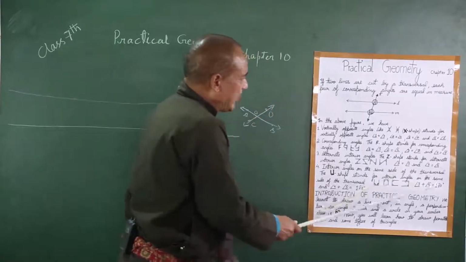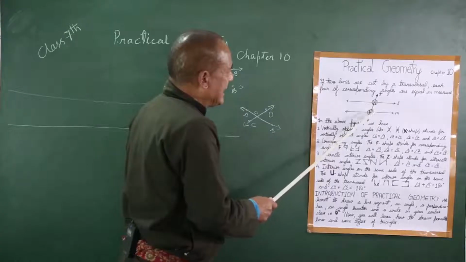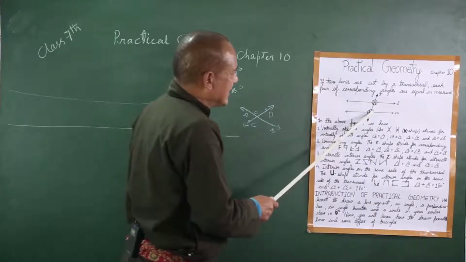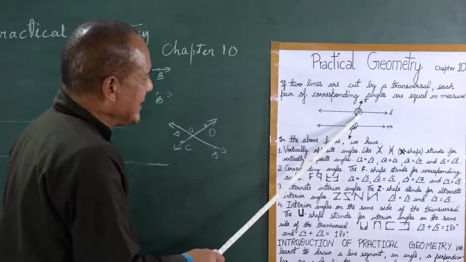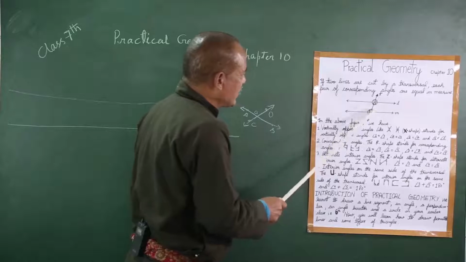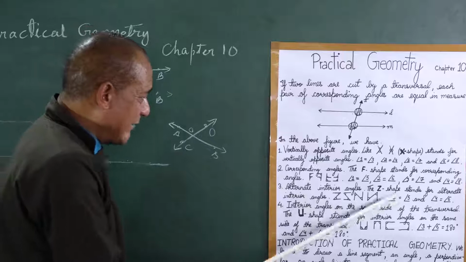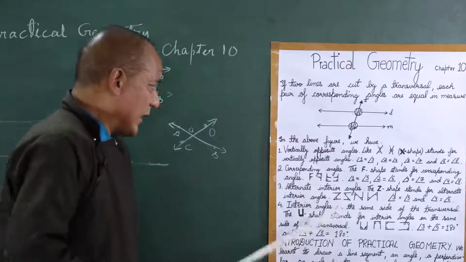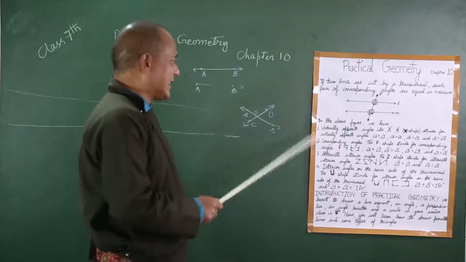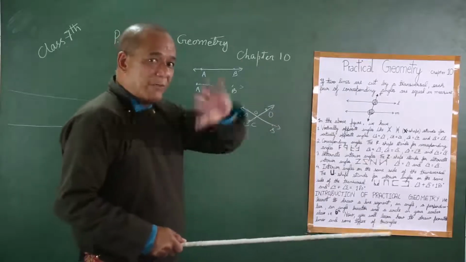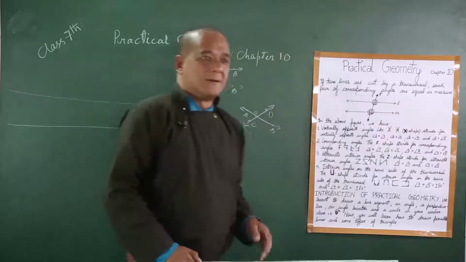Now when we are talking about angle 4 and angle 6, angle 4 is here, where is angle 6? Here. This is again Z, you see. The two corners of Z are 4 and 6. So there are only two pairs of alternate interior angles. Then we move on to the third one, interior angles on the same side of transversal.